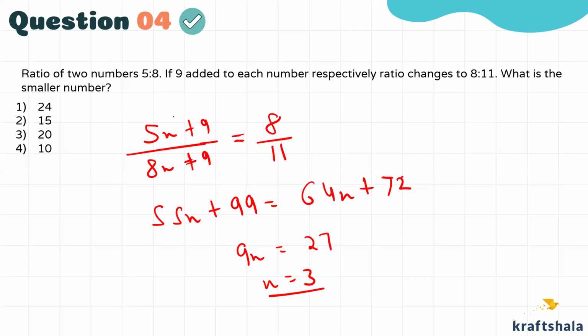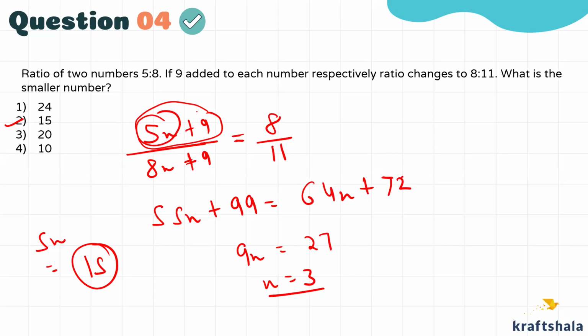Question is asking me the smaller number. So smaller number कौन सा था? 5x. So 5 into x, 5 into 3, 15. Right? Some people can make this mistake. यहाँ पर किसी ने नहीं करा, बट एग्जाम में what you can do कि 15 + 9 is 24. ठीक है, so they are asking the smaller number means original number. So if they're interested in the new numbers, they will ask to find the smaller of the two new numbers, something like that. ठीक है, smaller number is 15 and bigger number is 24 in this case.